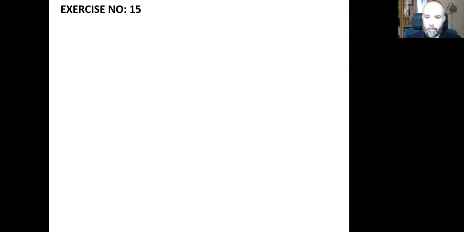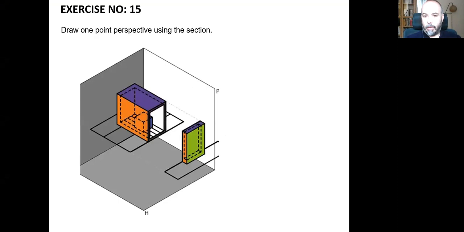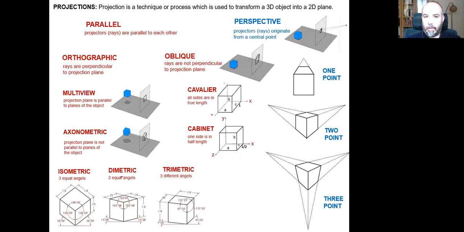Let's learn how to draw a one-point perspective by using one of the sections that we created. Let's use this one here. As you can remember from our previous lecture, there were different types of projections, and we have learned most of these, parallel projections and a two-point projection, in our previous lectures. Now let's do this one together, a one-point